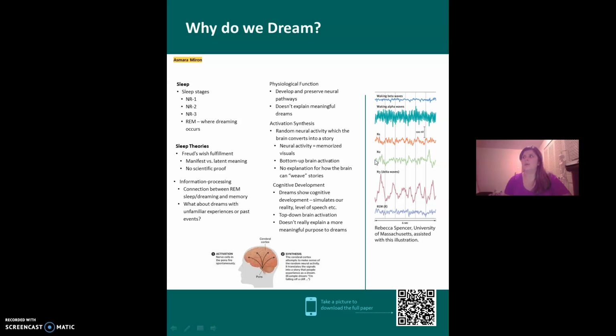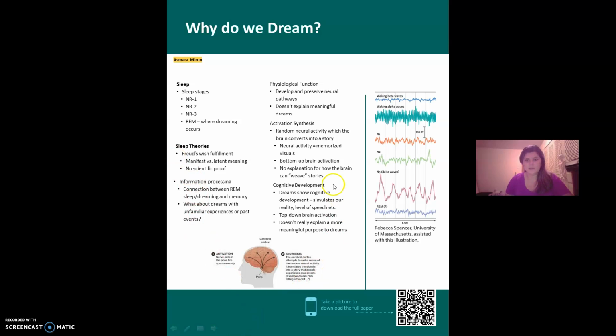REM sleep basically tricks the brain into thinking that what you're dreaming is real, which begs the question: if your body's convinced that it's real, why aren't you acting any of these things out? Basically, the motor cortex is very, very active, but the brainstem blocks the messages from reaching the rest of your body. So your body thinks something is going on, but you're not able to actually physically do anything about it. But you're not aware that you're dreaming.